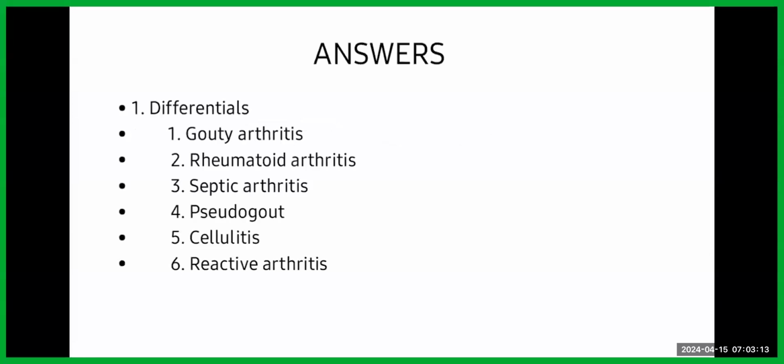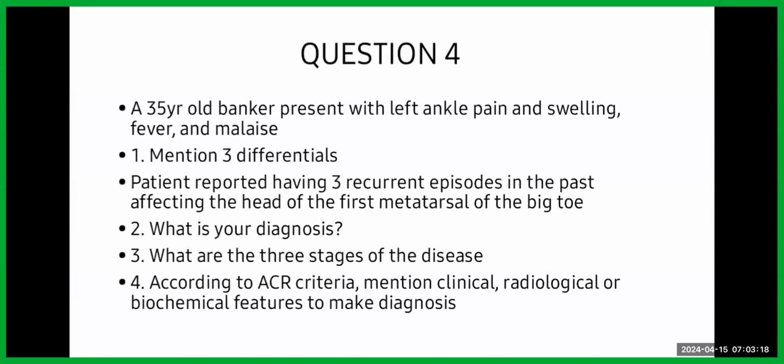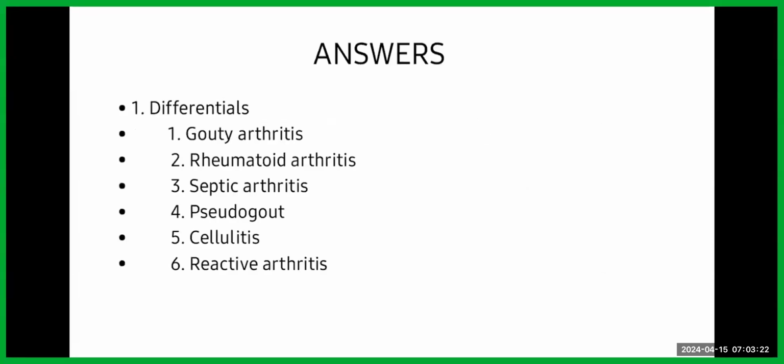Okay, having been given the only information that he's a 35-year-old coming down with pain in the left ankle, and swelling, fever and malaise, there are many things that could come here, and the arrangement may not necessarily be the way I arrange it. The top 3 could be any among them, depending on how someone reasons. So I think rheumatoid arthritis should be one of the things to come out because the age is one of the commonest ages affected, even though the gender was not given in the question.